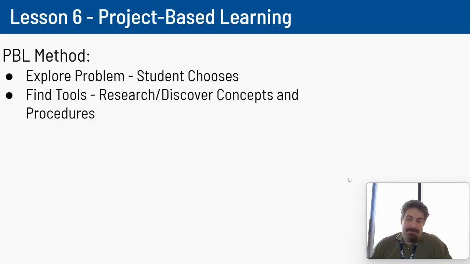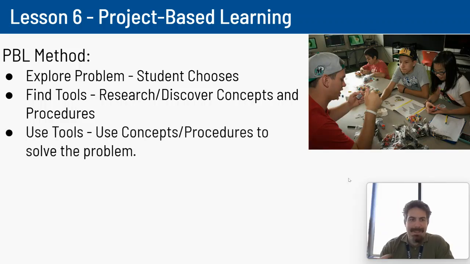To use an example, I'll go with physics. We're looking at safety systems inside cars and how people are still getting hurt and dying in cars. And so, how can we change that? How can we make it better? Now we need to figure out what we need to understand. We need to research and discover the concepts in physics like force, mass, velocity, and acceleration, these ideas that help us understand what happens in car crashes and why people are dying in them. And we learn the procedures, like the formulas that help us use those numbers to find out more information. And then we use those tools to solve the problem.